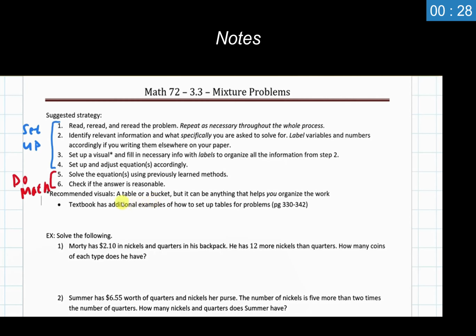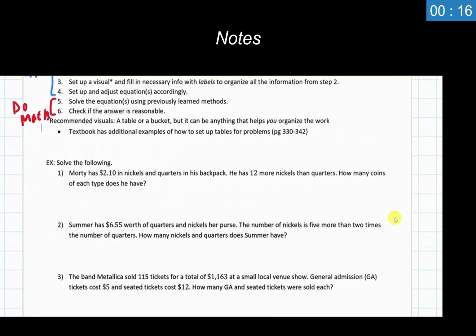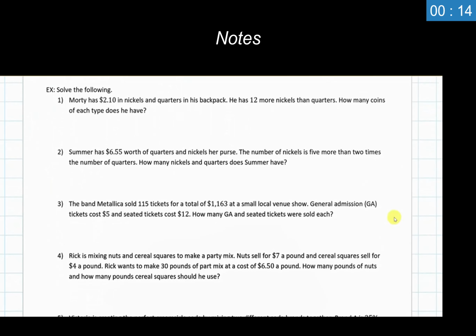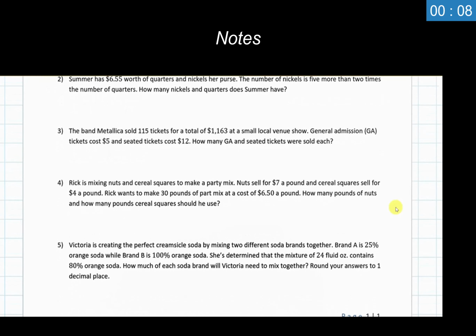But again, you're welcome to use either of these visualizations. You will see that they are very similar to one another, and there isn't a whole lot of difference in them. So we'll go through and show you our 5 examples here. If you'd like to pause the video at any time to write these down for yourself, feel free to do so. We're also going to take a look at each of them individually as well. So let's go ahead and dive into our first one and get going with these.